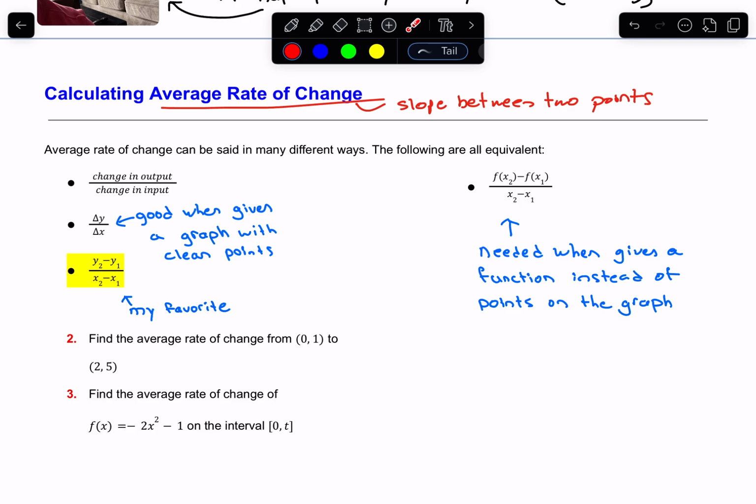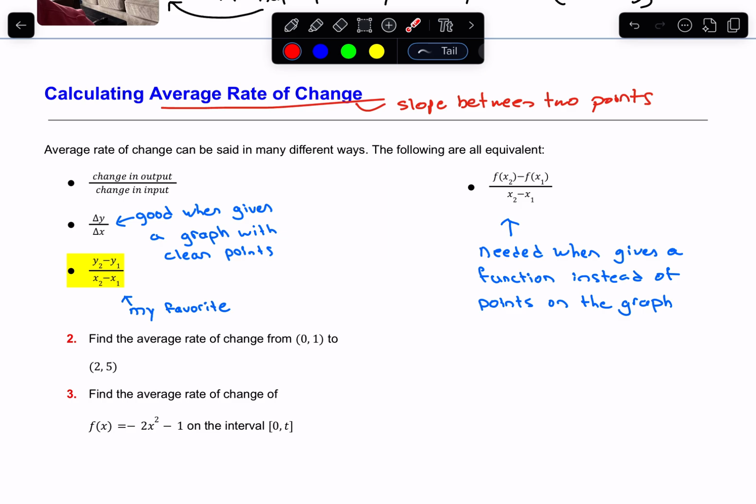Okay, but otherwise it's kind of useless if you don't have a graph that looks nice. The first one, change in output over change in input, that's just saying these in words, okay? So that one really doesn't help us much mathematically, but that represents in words what we're doing here. And by the way, I think I forgot to say, these are all equivalent. So we can use any of these at any given time, but depending on the situation, one helps us more